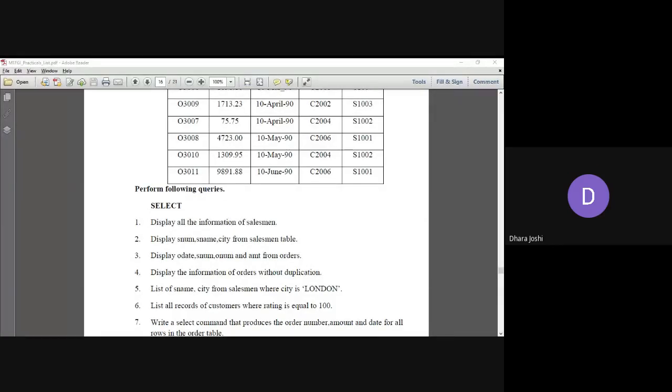Try for the fifth query. Rutri, you can reply. What is the solution for the fifth query?